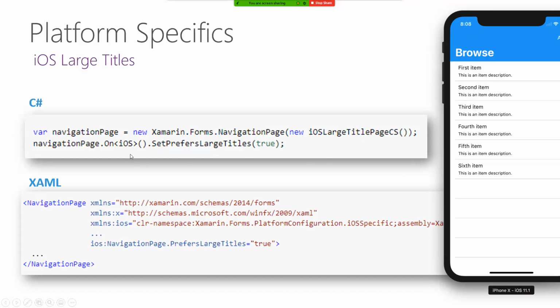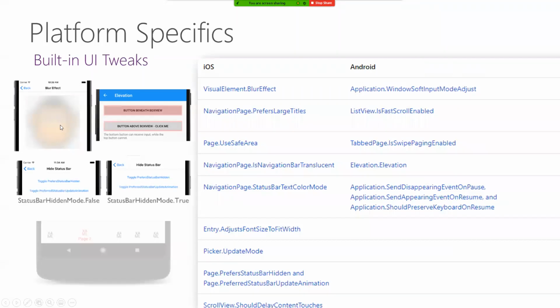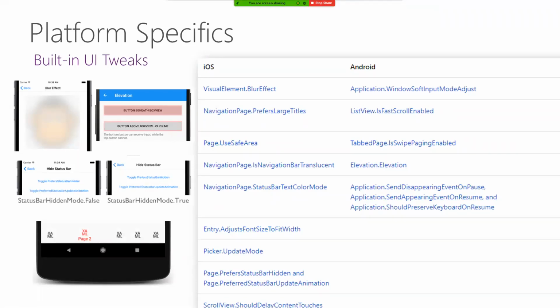Or in your C#, you can create that navigation page to be an iOS large title page, and set prefers large titles to true. So this is just one of the various ways that you can tweak your UI. There's a whole bunch. Like I said, using the two different phones side by side, the two different operating systems is incredible, the differences they think of. So all those great things.